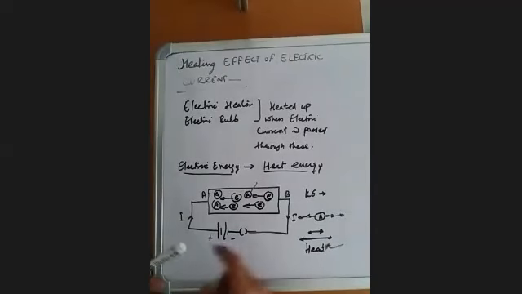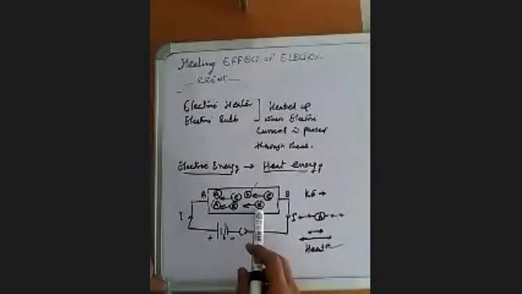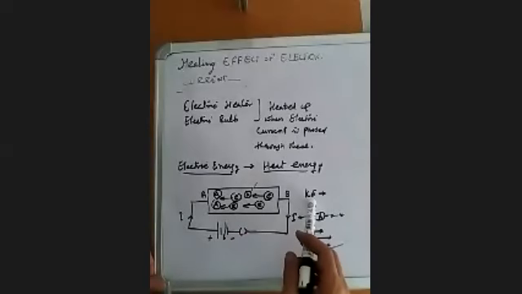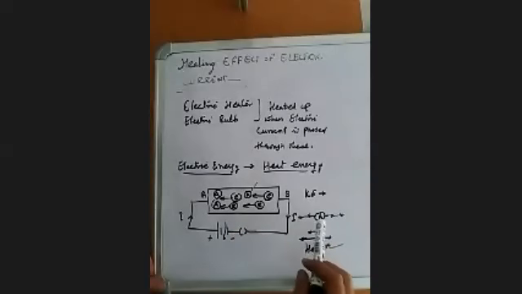So that is how heat is generated. The basic reason for generation of heat is the collision of electrons with the other electrons as well as with the ions or atoms present in the body of the conductor. And because of this collision, electrons give their kinetic energy to the atoms. The atoms start vibrating with larger amplitude, and this shows up in the form of heat in the conductor. So that is how heat energy is generated.